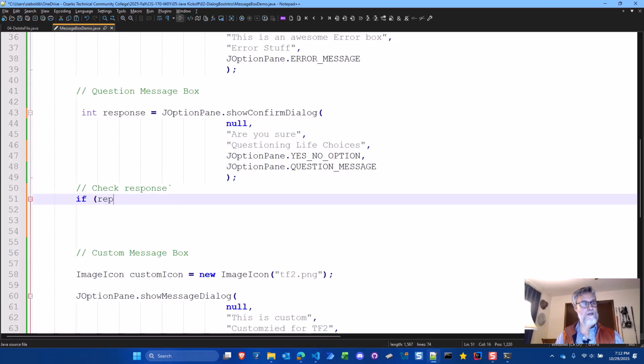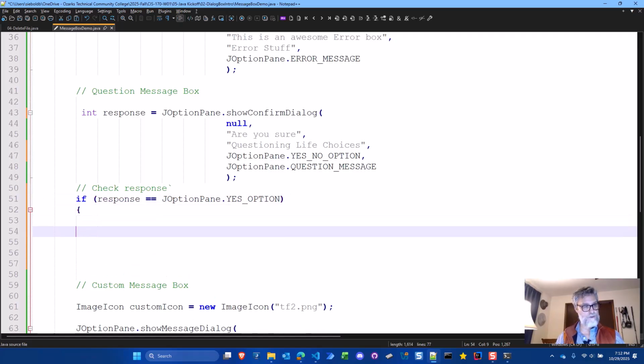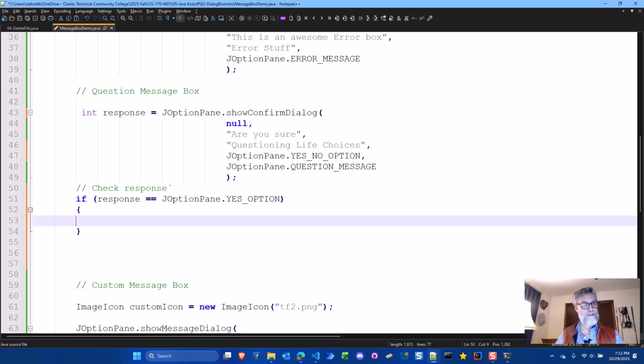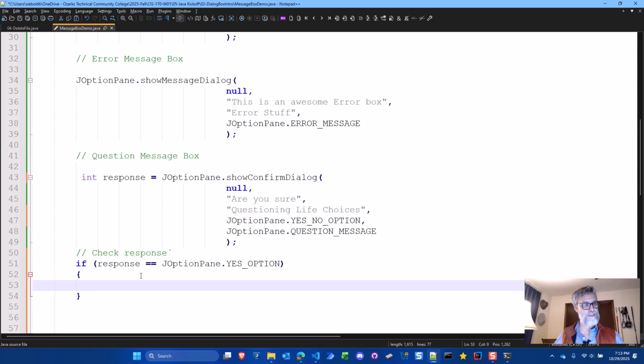If response equals JOptionPane dot the yes option. Boy, this is a lot easier to read, I gotta tell you, instead of guessing what's what. Let's put our curly brackets. If it's yes, then we're going to say, where's our system? Oh, we don't have one here. So we'll just say